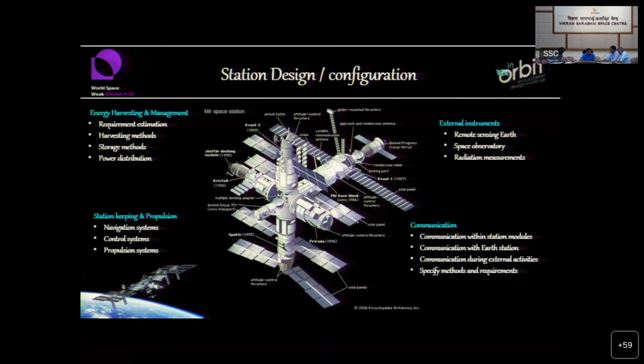The other points which call for attention are the energy harvesting and management. So how you're planning to meet your energy requirements, basically for the functioning of the space station, for carrying out the daily routine experiments and running the various units inside the space station.